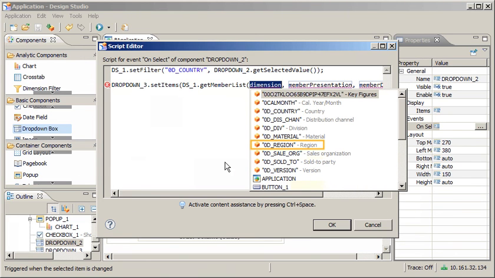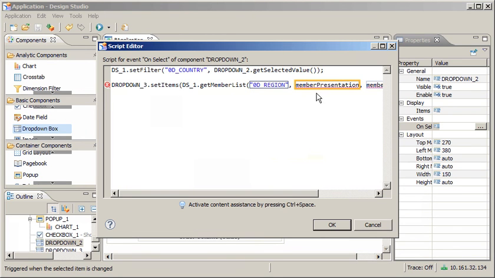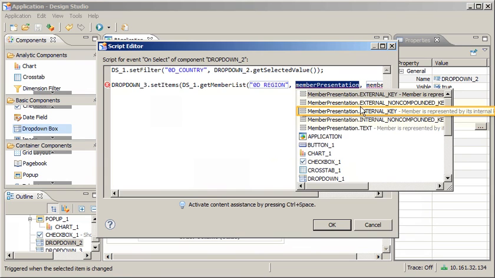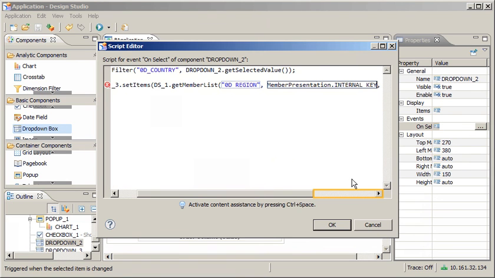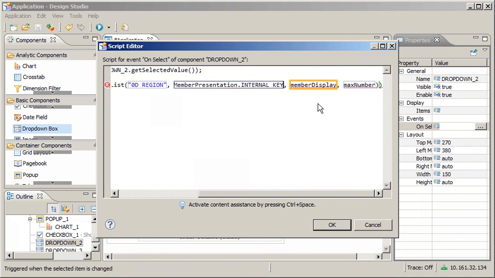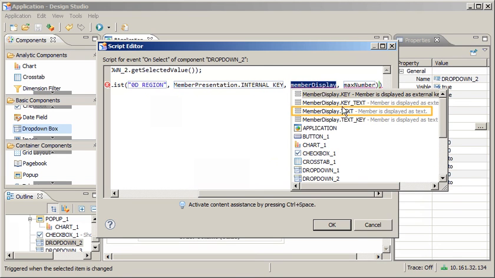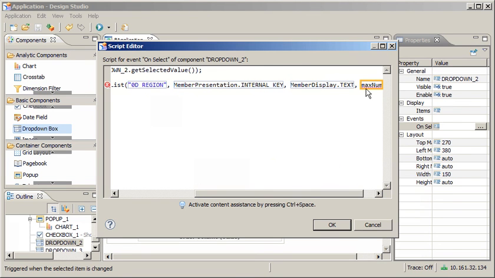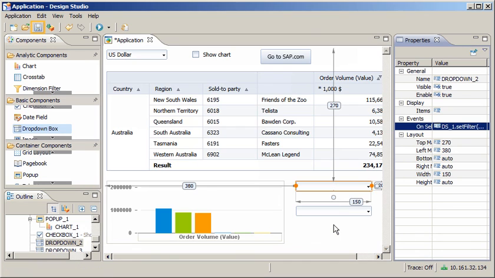Now we'll define the dimension and other options for the method. Note the completed statement. Let's save our changes and execute the application locally to test the filter.